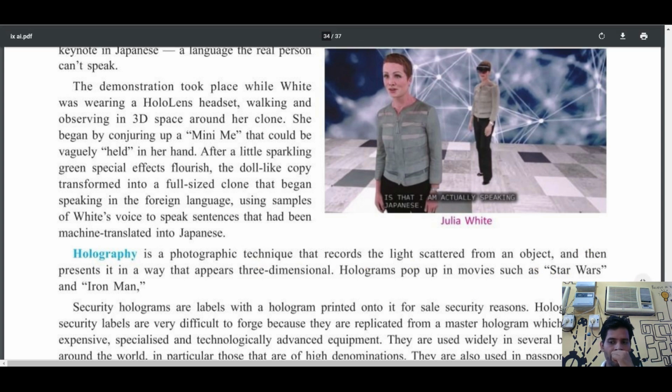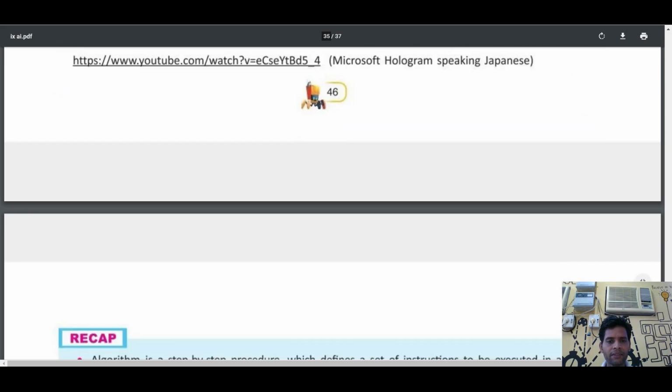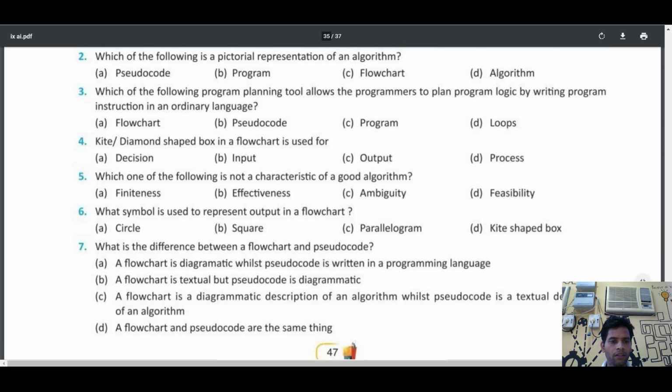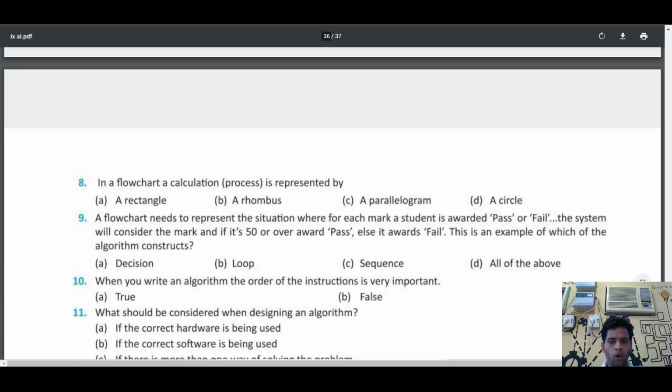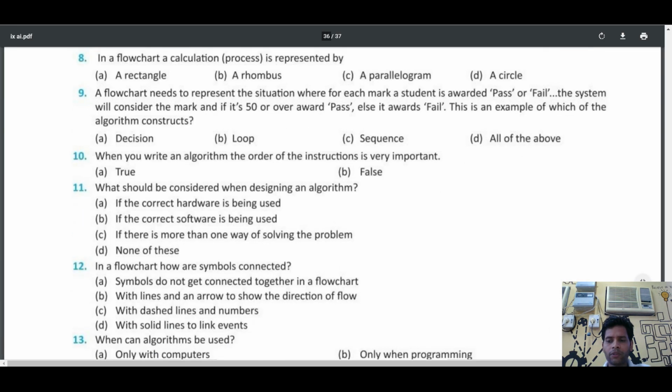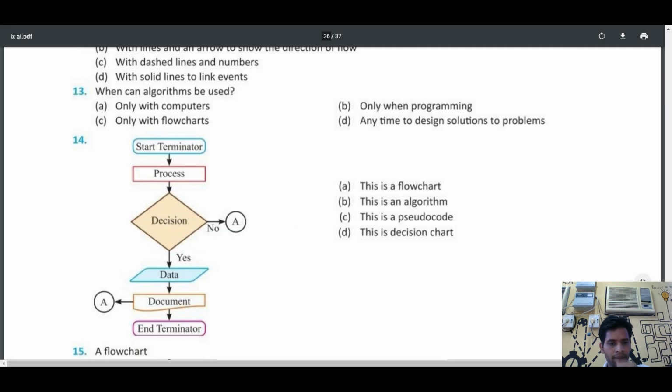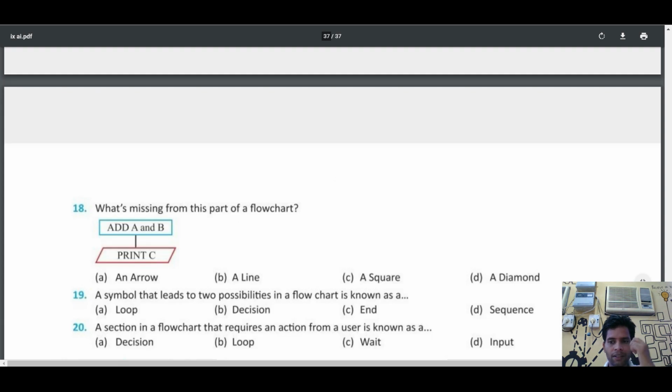So this is chapter beta. I hope this chapter is finished. Nothing else is there. Some MCQs and short answers are there. So first you will find the answers of the MCQs, and we will discuss them in the next class. Clear?